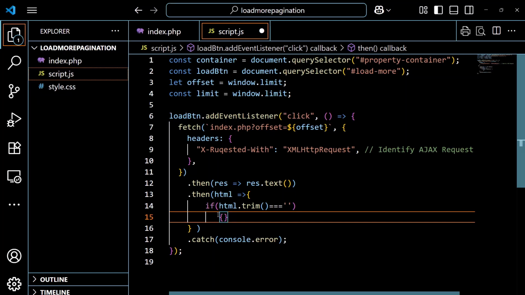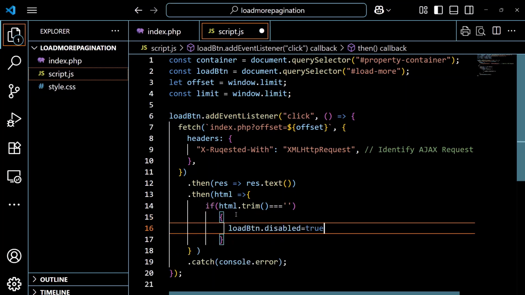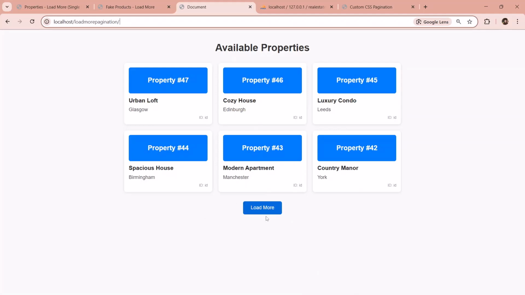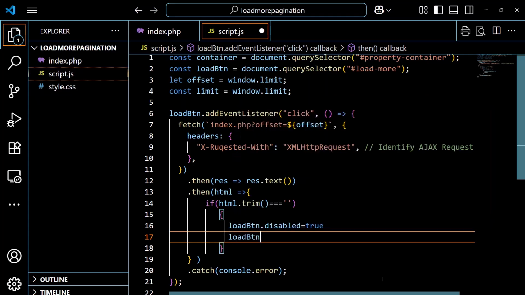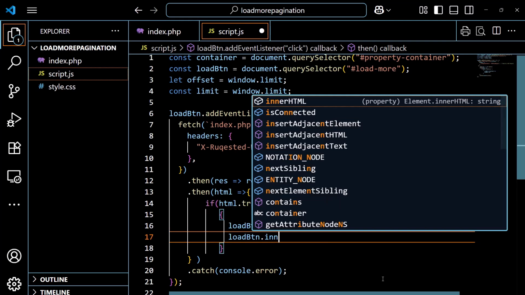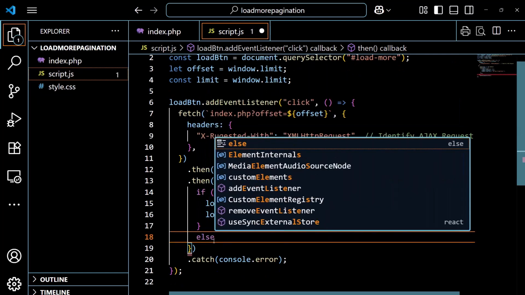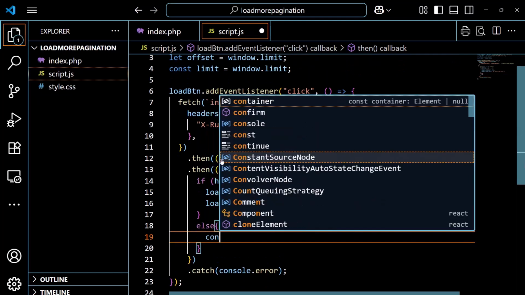Control X, bring in the curly brackets, paste back. So disable the load button and change the caption from "load more" to "no more properties". So loadButton.innerText equals "no more properties". If that is not the case, then we want to access the container